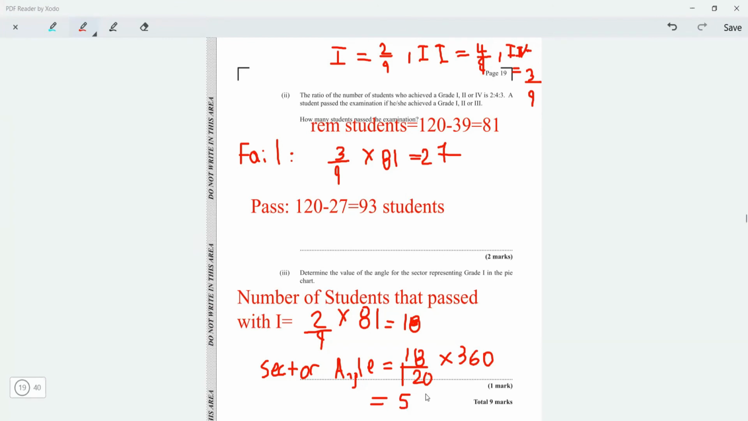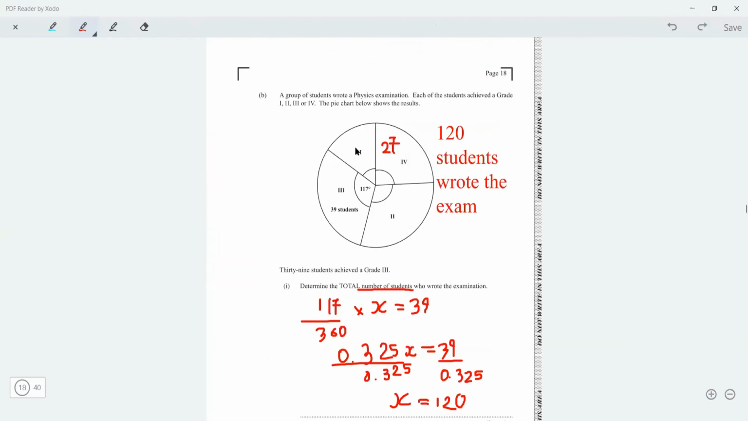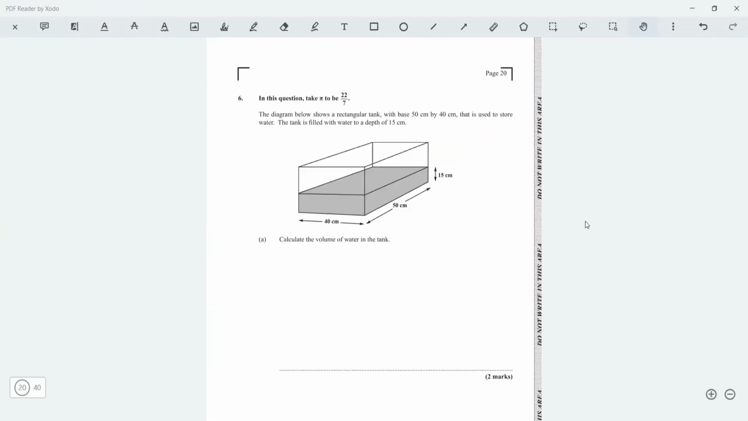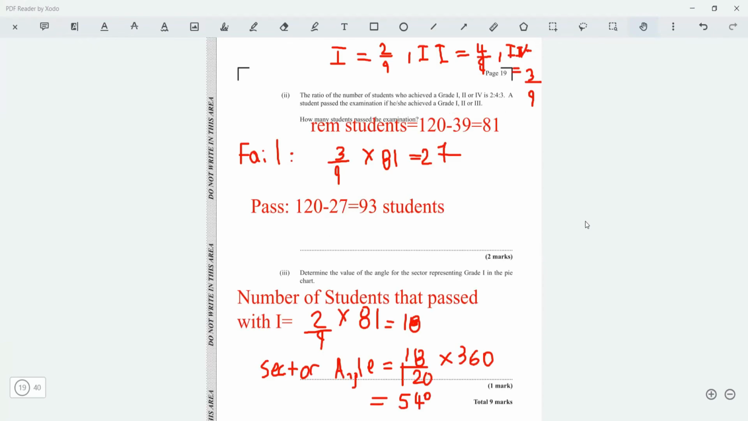So 54 degrees. I'll go back around here and write 54 degrees. This right here is 54 degrees. All right, nice. Now that we finished that, that's 54 degrees. That's it. Question 5 is finished. Now we'll go to